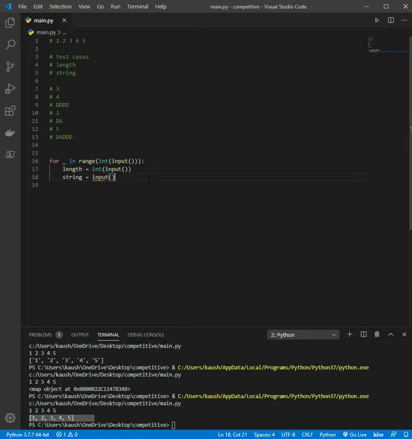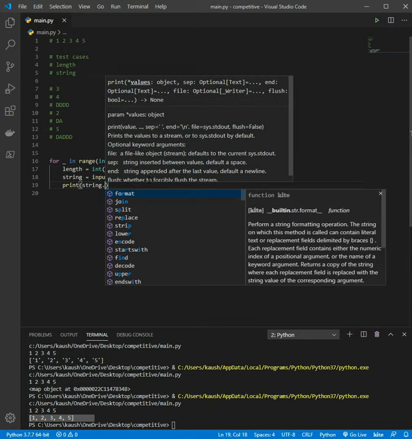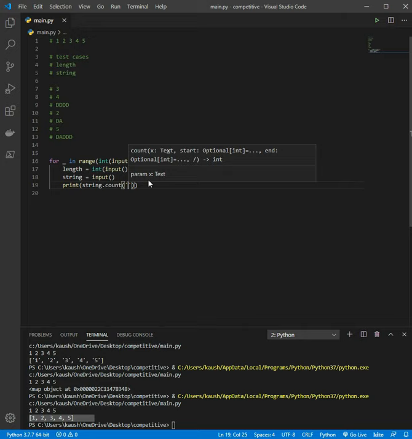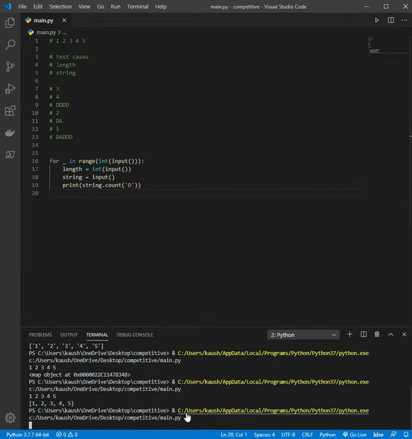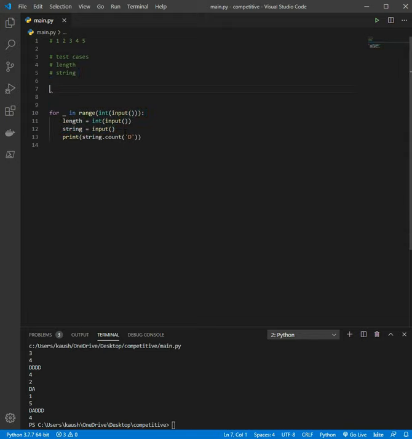Now let's print how many times d was present in this particular string. Let's just copy and paste this. Now it is 4 times d, this is 1 time d, and this is 4 times d. So this is how you take input for competitive programming.